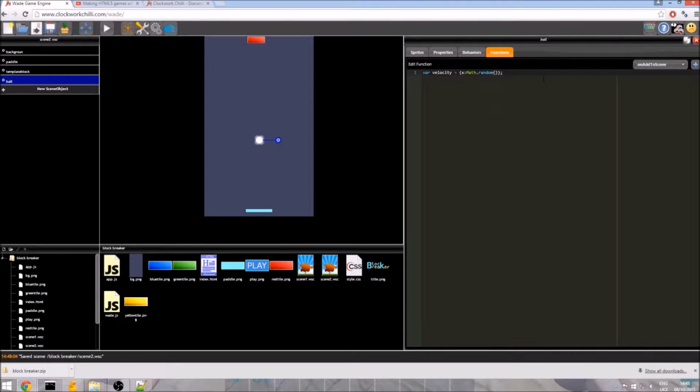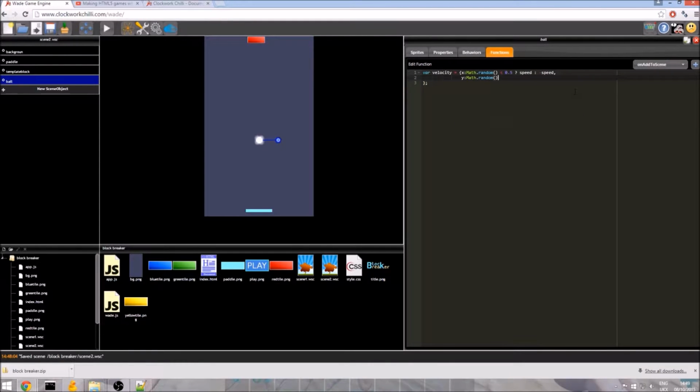We're going to do Math.random. Now by default, Math.random generates a value between 0 and 1. So I'm going to say if that value is less than 0.5, which is roughly halfway, then I want the x velocity to be our speed. However, if it is not, I want it to be minus our speed. So basically, on the x-axis, this means if the random number is smaller than a half, we'll be going in the positive x direction, else we will be going in the minus x direction. So we're just going to do the same thing for y.